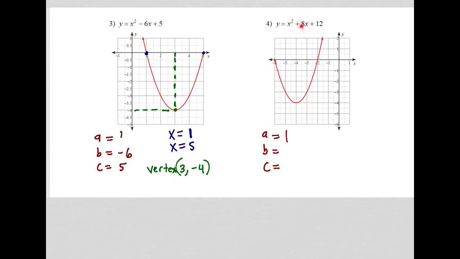B is 8. And C is 12. So 8 and 12. Again, we want our x-intercepts, zeros, or solutions. We can see that it's cutting through right there, and it's going to cut through right there. So we'll put our points down right here at -6 and -2. So we know x is equal to -6, x is equal to -2. Those are our 2